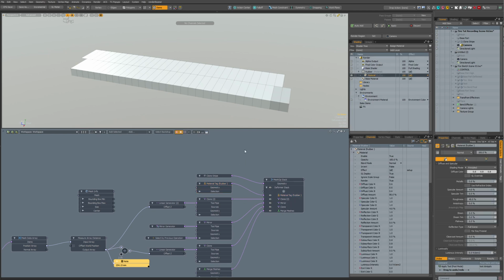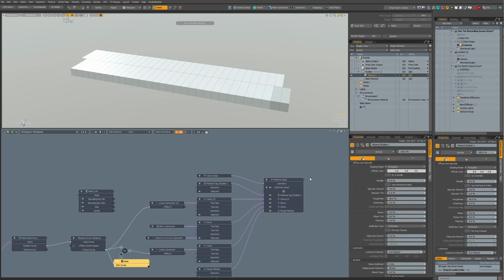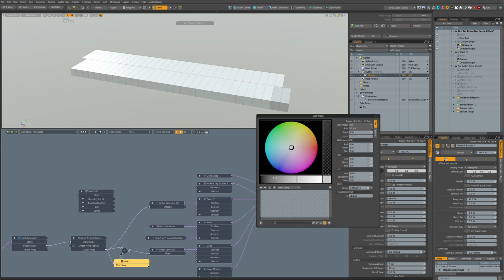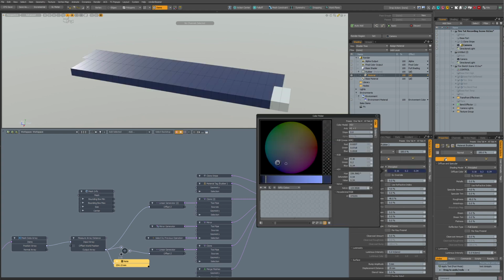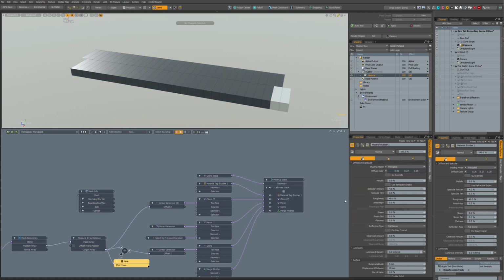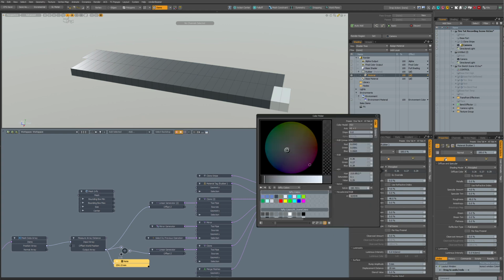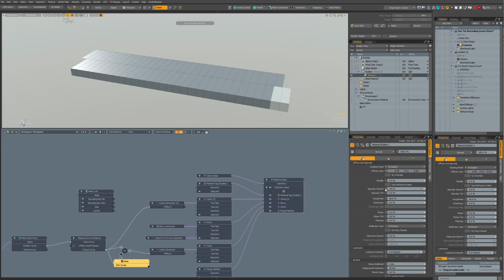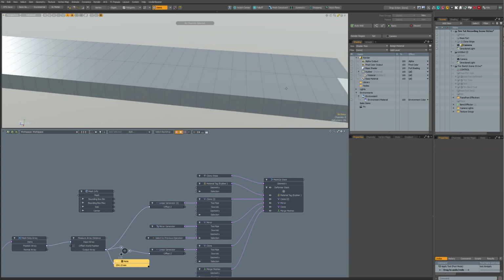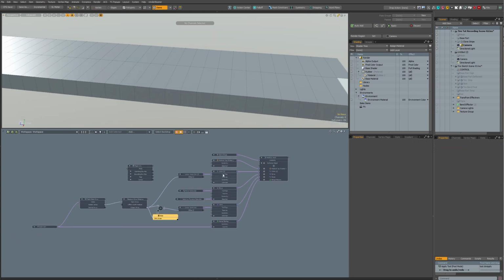I think I will add the links in the description what kits I use for this. Let's make it almost black, as it black, blue. Not so black. We want to see some wireframe. Okay. It's good for now. We can add some textures later.